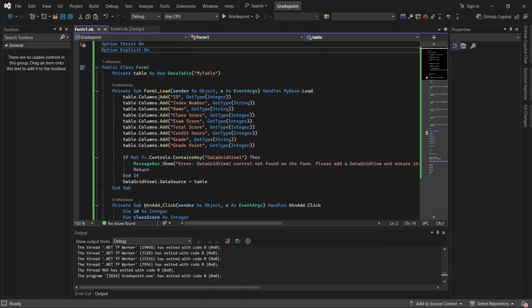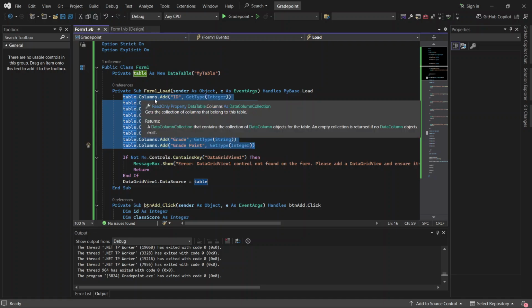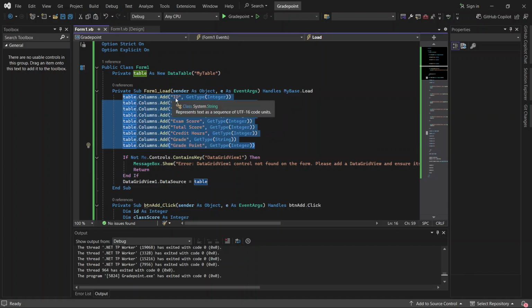So we come here and we see all these table.Columns. When we take Table.Columns.Add("ID", GetType(Integer)),